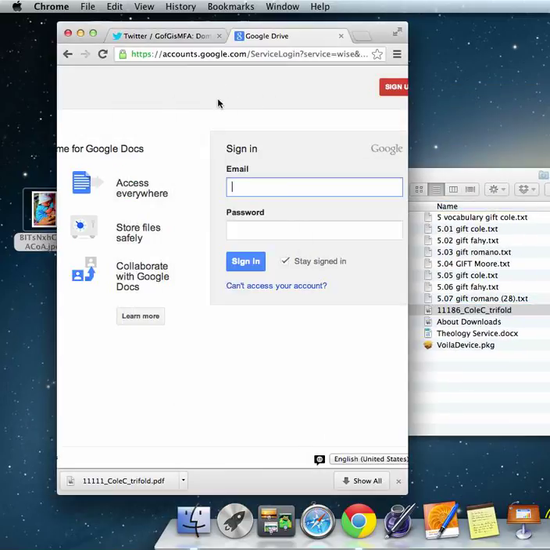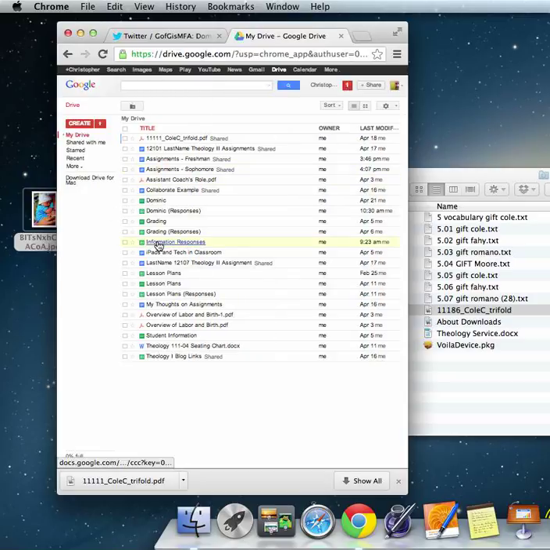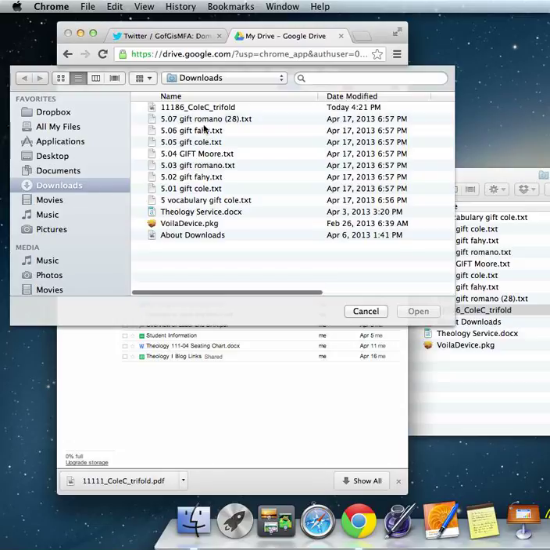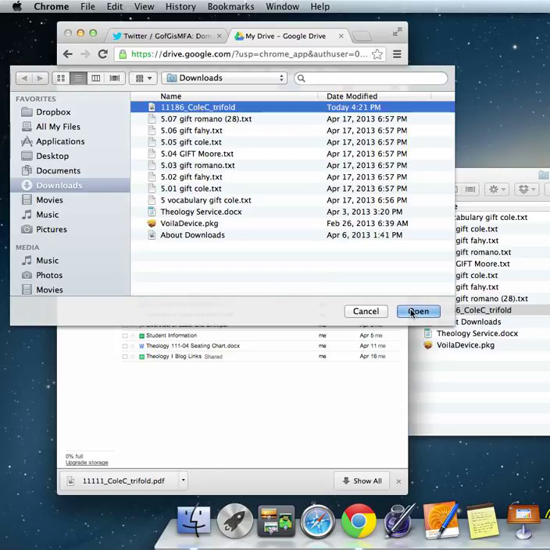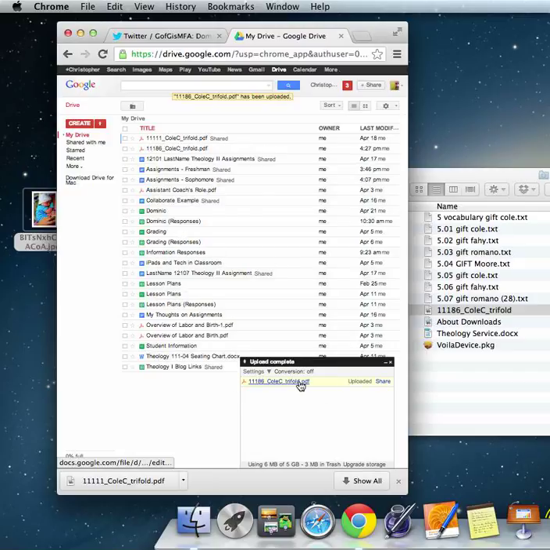The next step for us is to log into our Google Drive. We use our school account. I won't, just to show it working. We want to use our school account. We want to sign in. So sign in with your school account, and it brings you to Google Drive. First thing you want to do is upload. Click Upload Files. You're going to find your file. Here's mine. And click Open. It's uploading. Once it's finished, it shows itself right here